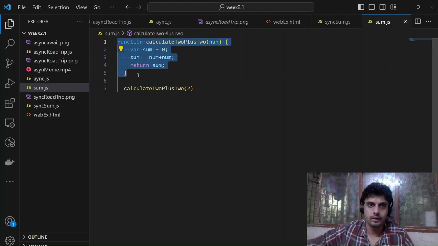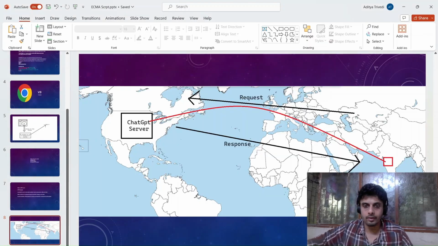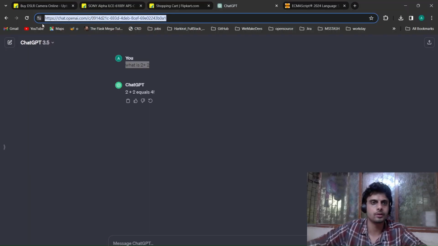So this logic is equivalent to the backend, which is the backend server of ChatGPT, situated in the US, and this ChatGPT server was doing all the costly computation and returning me the HTTP response. So over here you can see this is a URL, and if you need to understand how this URL,